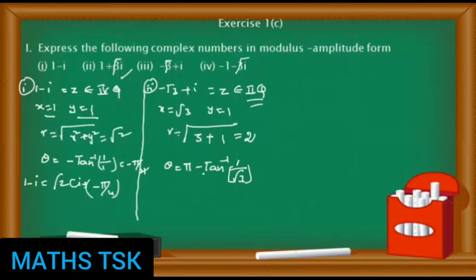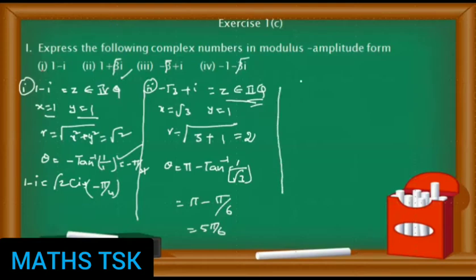We defined this already. First of all, calculate tan inverse of y by x so that it lies in the first quadrant. Next, if you observe that z belongs to the second quadrant, write pi minus the first quadrant angle. If it is in the third quadrant, minus of pi minus the first quadrant angle. If it is in the fourth quadrant, minus of the first quadrant angle. Right, so there is pi minus pi by 6, that is 5 pi by 6. So r cis theta is 2 cis 5 pi by 6, that is the answer.